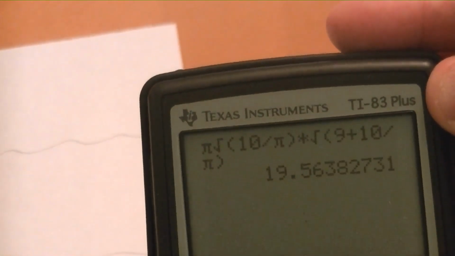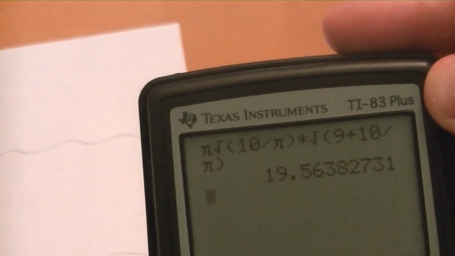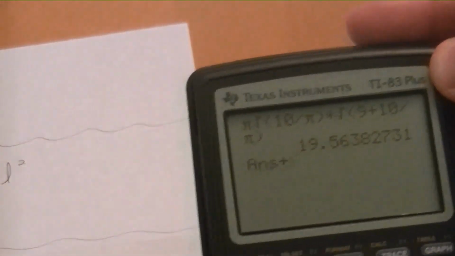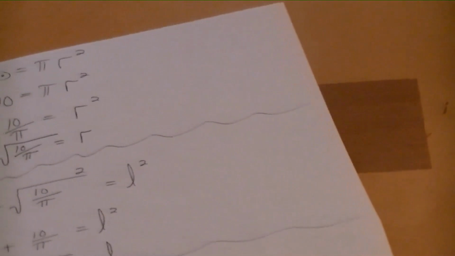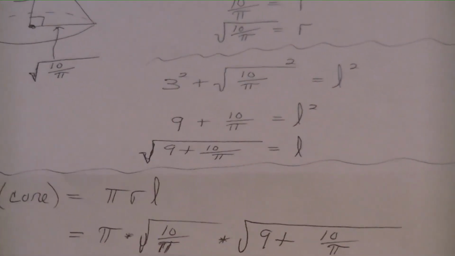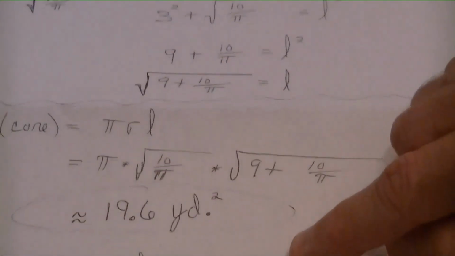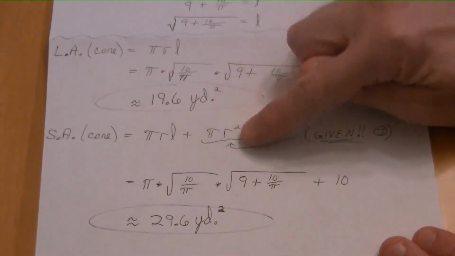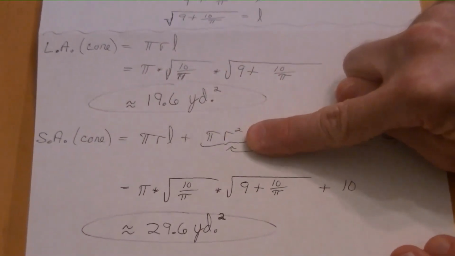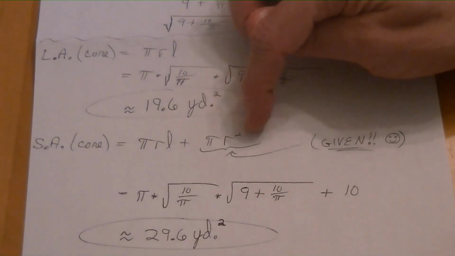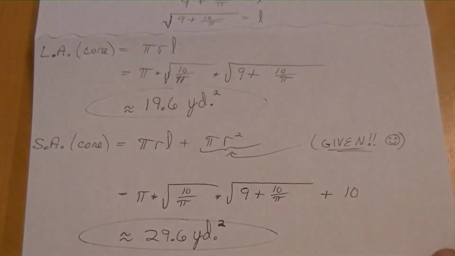Now, trickier than this is going to be, now I'm going to do the surface area. I'm going to add, and I'll have to take the calculator out of frame for a second. Oh, I take it back. I don't have to do anything tricky. Because you could try typing this all in the calculator, but there's no need to fill in that radius of root 10 over pi and get the pi r squared portion of our surface area formula,